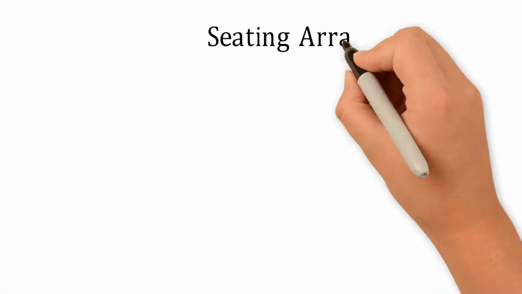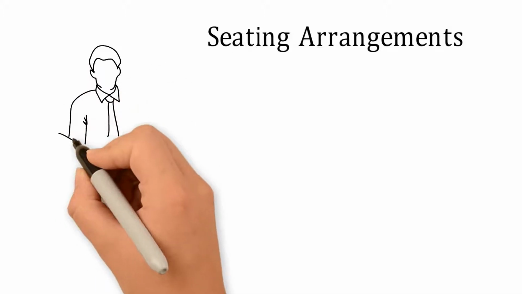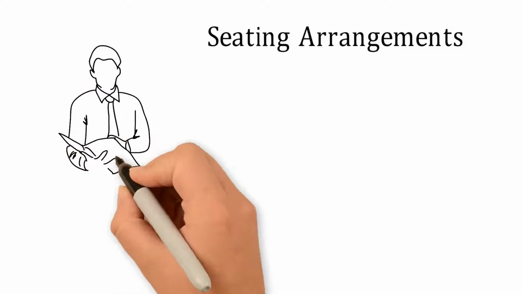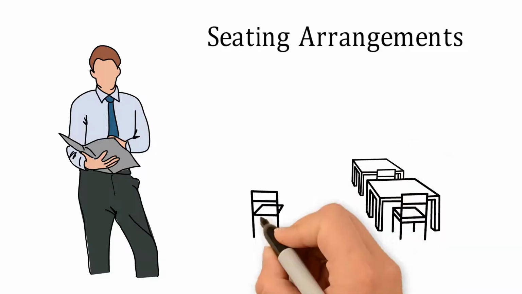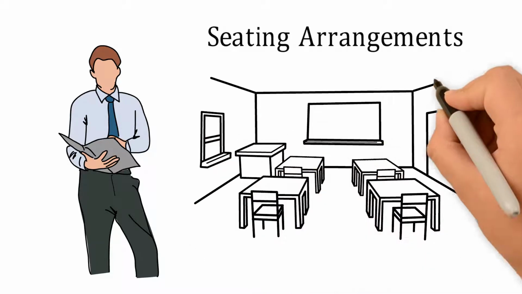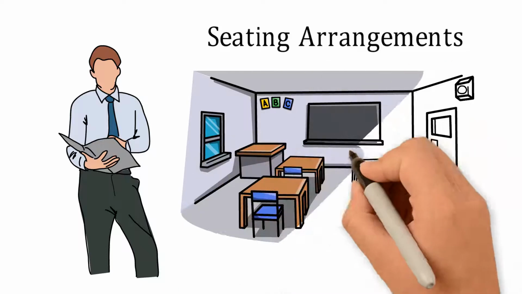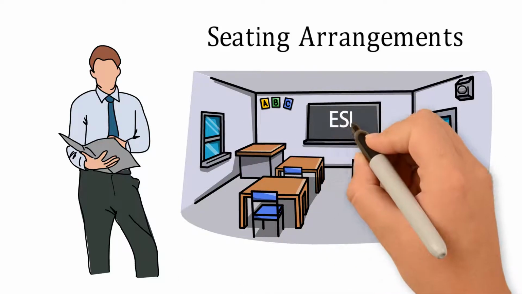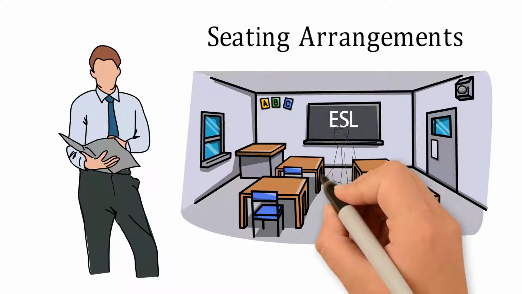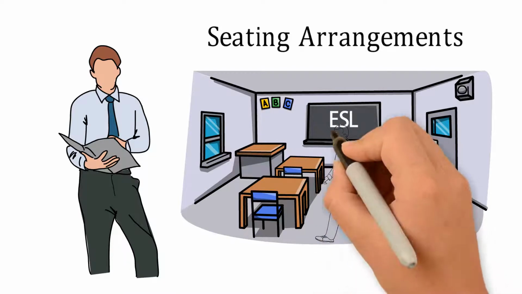Seating arrangements are an important part in a teacher's plan for classroom management. The teacher needs to consider the physical arrangements of the classroom and also the nature of the students involved to make sure the physical environment of the room is such that teaching and learning can occur as efficiently as possible. In the ESL classroom, the teacher needs to be able to walk around the room easily, as interacting with students